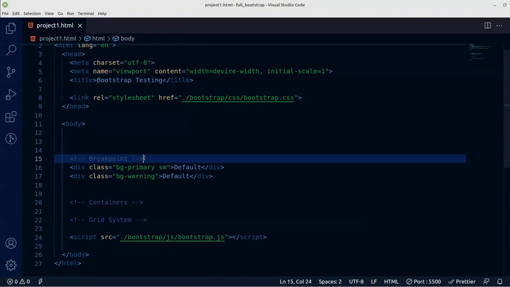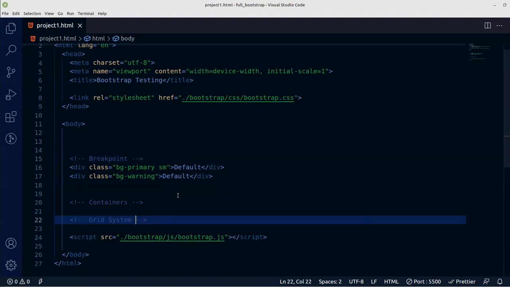Now we're going to talk about containers. Containers in Bootstrap are very useful. They are a fundamental building block of Bootstrap. A container contains padding and alignment, and also helps to align content within a given device or viewport. We're going to see how to use the container straight away. Containers are the most basic layout element in Bootstrap, and they are required when using the default grid system, which we're going to talk about here. Containers are also used to contain and